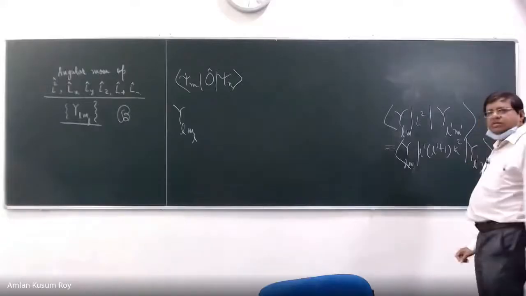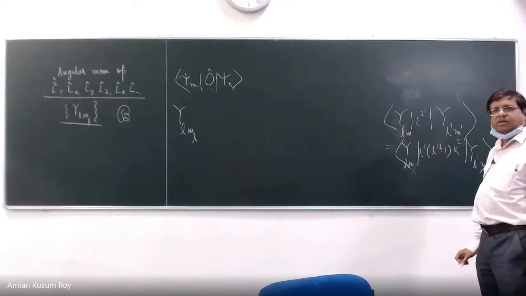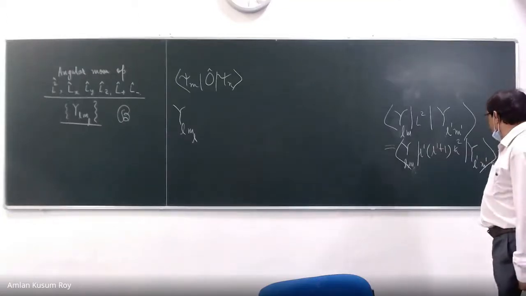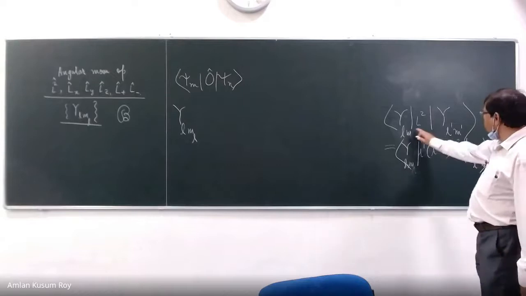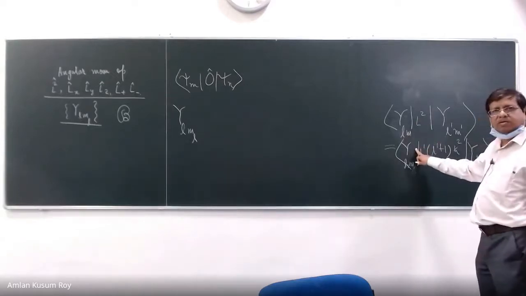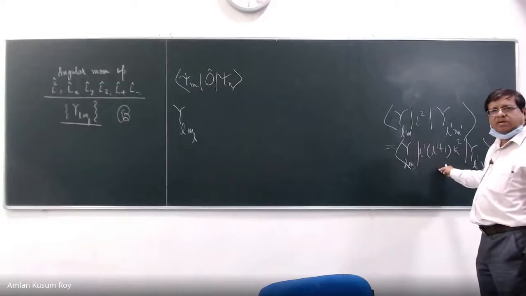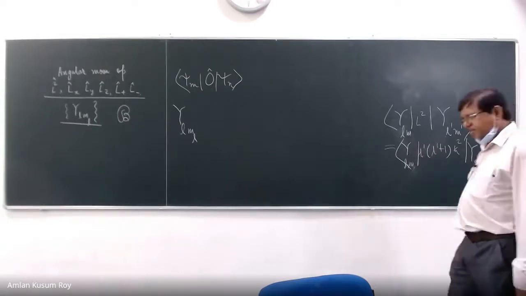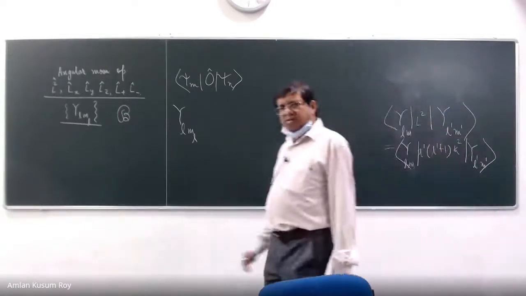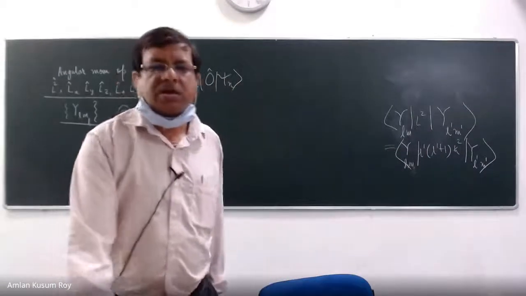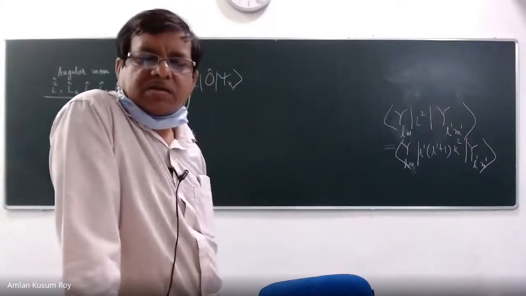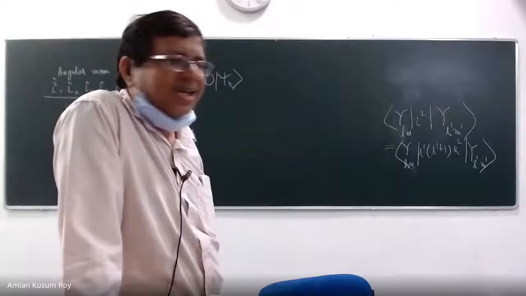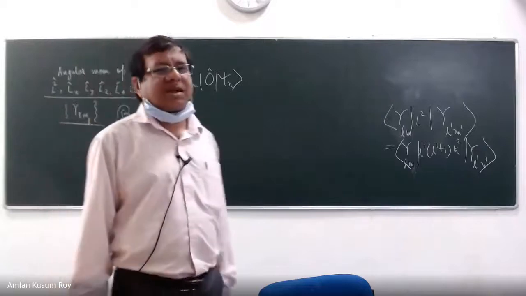I can write this, right? This is equal to... yes or no? Some confusion is there? Suranjana? Surabhi, any confusion? No, sir. I'm just trying to understand because we have already written the eigenvalue, then we don't need the other side, the ket. That is the problem. That is precisely the point.